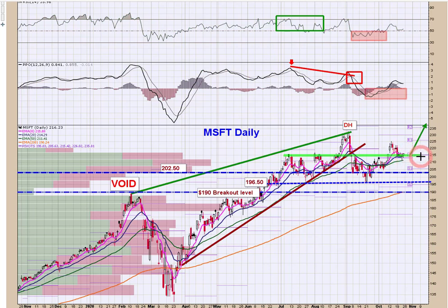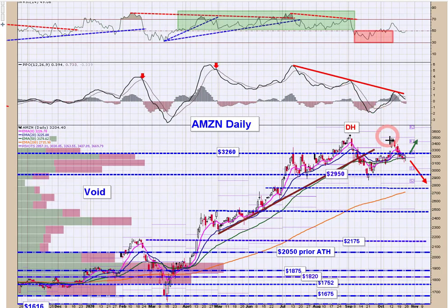If you drop below 215, you've got the 50 coming in here at 211. If it loses that, then you're back down to 204.50 and possibly 196.50, depending on what's going on in the market. Amazon,